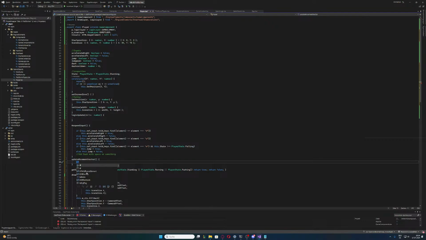If x does not equal 0, and yeah, x is horizontal,